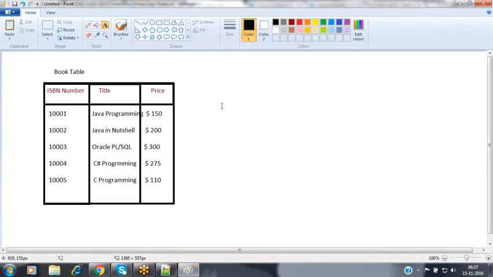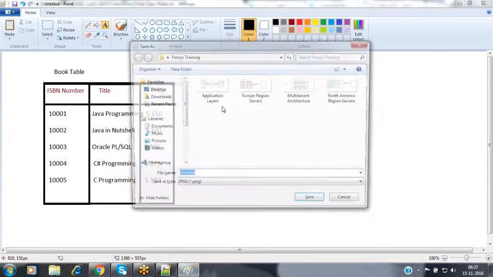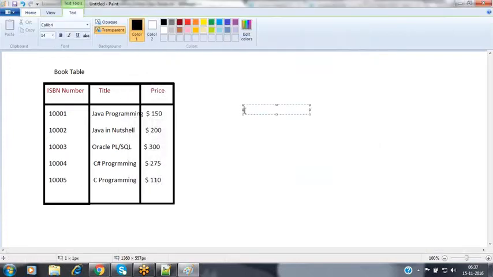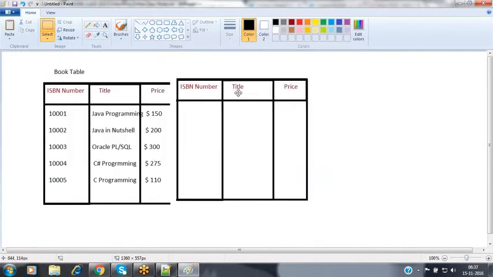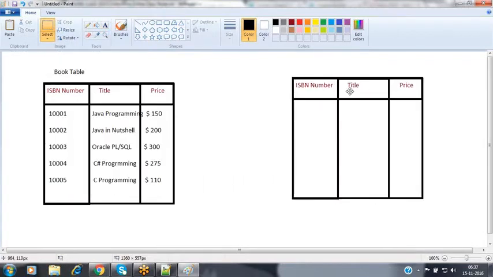Now, if there is a book, then the book has been prepared by some authors. Without an author, we cannot prepare the books. So we have an author table as well. I assume this is my author table, where I'm going to be storing some authors' information.